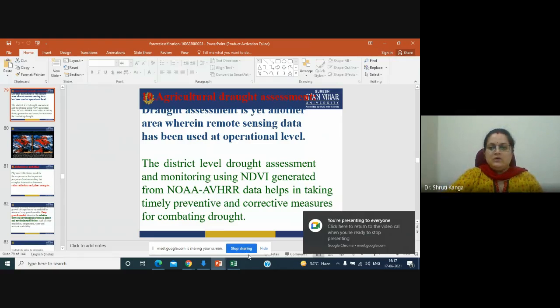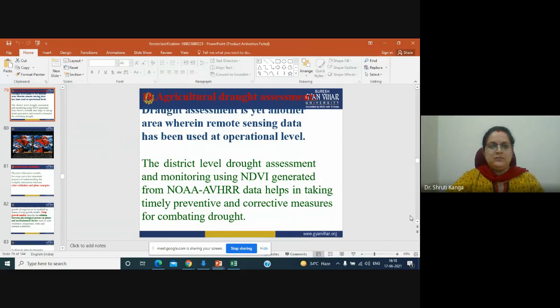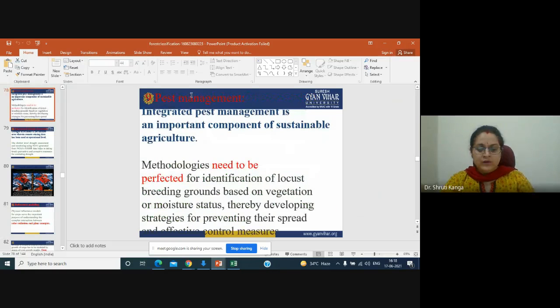Good morning, everyone. So today again we are here with the lecture, which we started yesterday, in which we have already discussed the forest types of India, what is forest, and how different remote sensing and GIS tools are being used for vegetation and forest applications. We have discussed many applications like